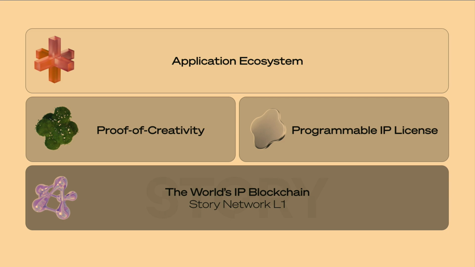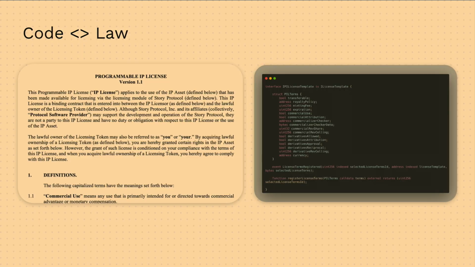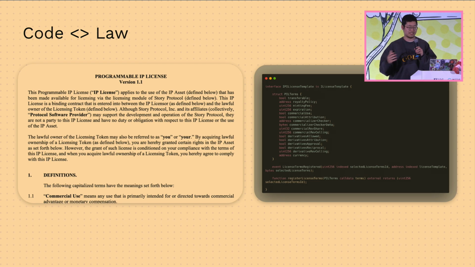Lastly, I think one of the most important innovations we're trying to do is the programmable IP license. What we have witnessed over the past years, or more like general common sense, is that people don't understand their rights. People don't read laws. The initial idea of the smart contract, a cryptography term that was created in the 19th century as well, was to transition contract licenses into machine-readable language for us to easily automate those contracts. At Story, for our license template, we remap the existing US copyright law.